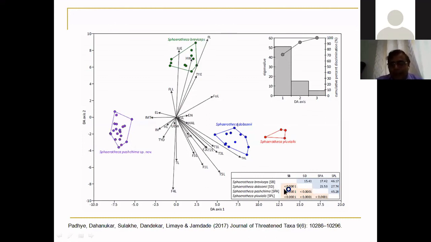And then I did a MANOVA over here, and I showed that each species is morphologically significantly different from each other. So one graph over here gives me all information. It tells me that all groups are significantly different from each other, and it also tells me which characters I can use to separate those species. So I can just look at the vectors. The vectors which are very long are significant, very good characters. So I can use these characters to separate the species.